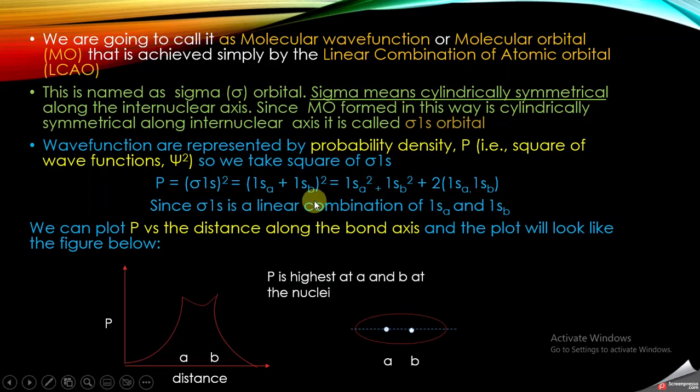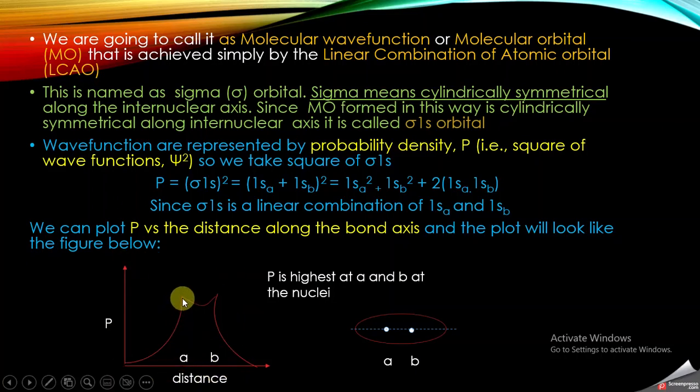Now this is the probability density for our molecular wave function, and now we want to see what happens to this probability density when we move along the internuclear axis, or we can say what happens to the probability density versus the distance along the bond axis. And we can plot a graph between probability on the y-axis and distance between the nuclei on the x-axis. So if you plot this, you will get a graph like this,